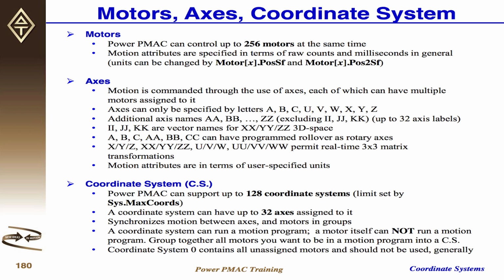Those are reserved as they are vectors in 3D space, if you're doing some stuff in 3D space, which I believe we'll cover later this week. If not, it's not frequently used, frankly. So A, B, and C, and AA, BB, and CC are predetermined as being rotary axes. If you have a spindle or something like that, you'll almost always want to assign it to one of those 6 axes, whereas XYZ, XXYYZZ, UVW, UVVWW are